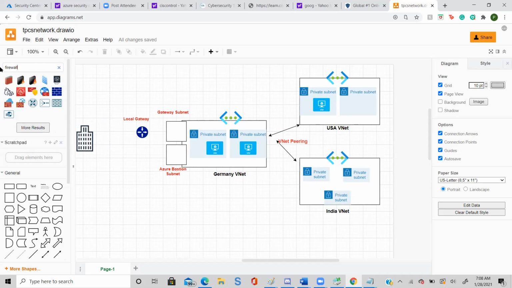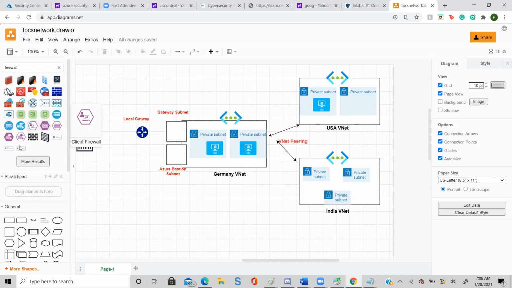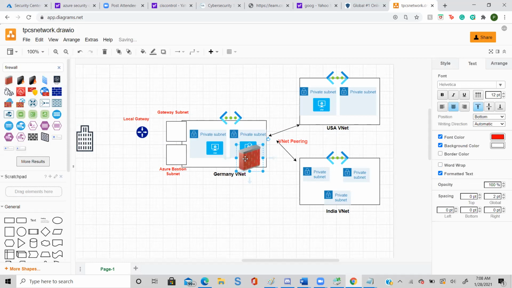Let's pick a good firewall, some red one. I think this one looks good. So let me put this firewall in my office. Now the local gateway is going to connect to my office firewall.